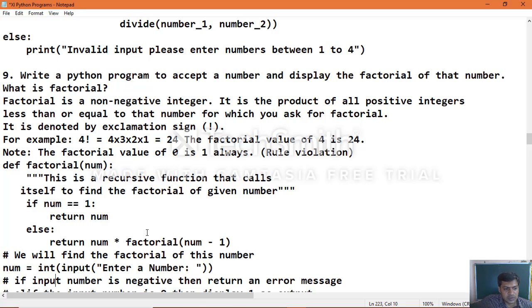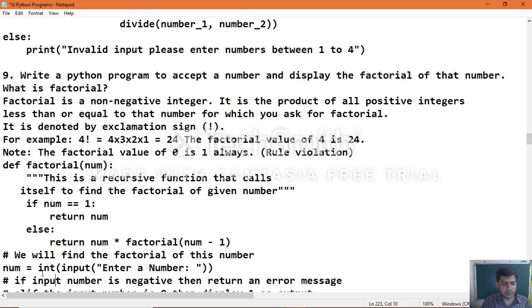Now it goes back to the if condition, num equal to 1 is true, then return 1. Now 3 into 2 into 1 is calculated: 3 times 2 is 6, 6 times 1 is 6. That is how the function executes repeatedly. So we will find the factorial of this number.